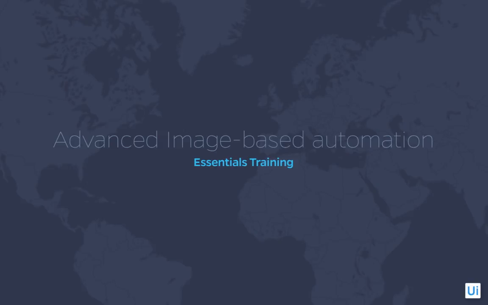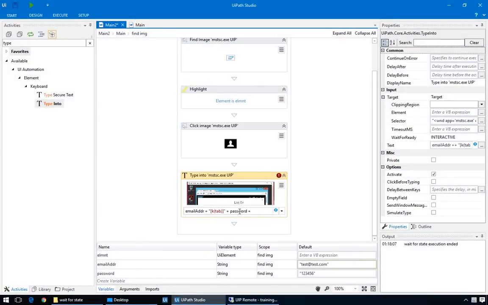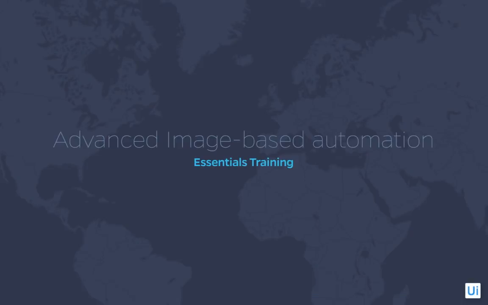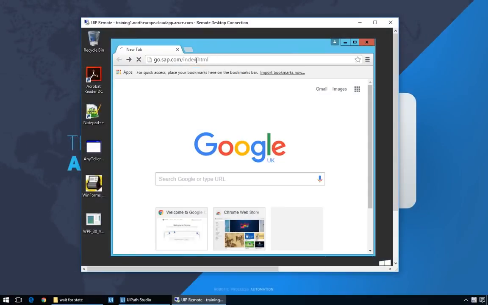Hello. As you've seen in the previous video, automating virtual environments has its own set of challenges. So, in this episode, we'll cover a few tips and tricks and good practices. We'll focus mainly on keyboard actions because they tend to be faster and more reliable than click image and similar actions. An often overlooked issue with image-based automation is knowing when to perform certain actions, also known as waiting for